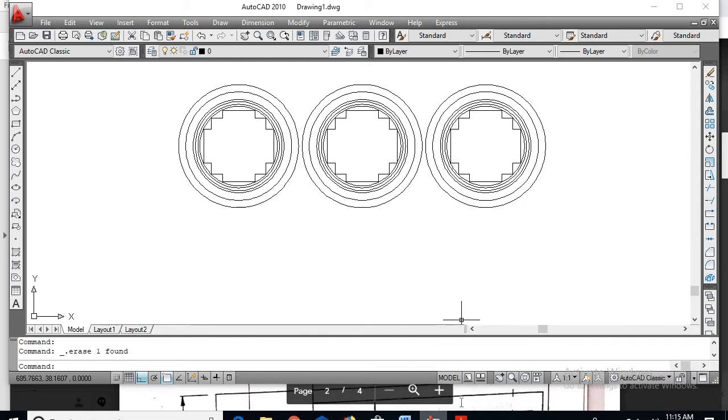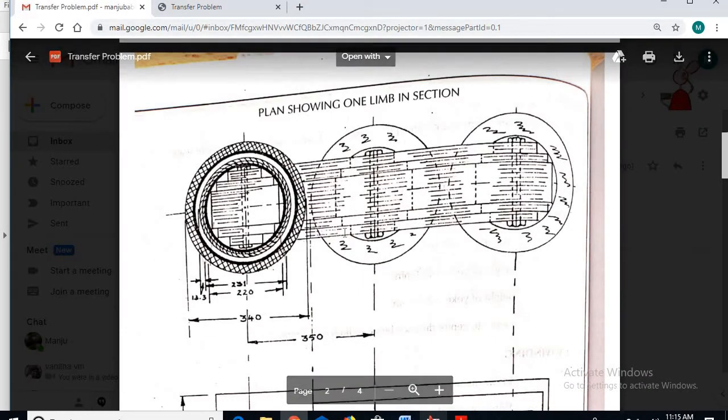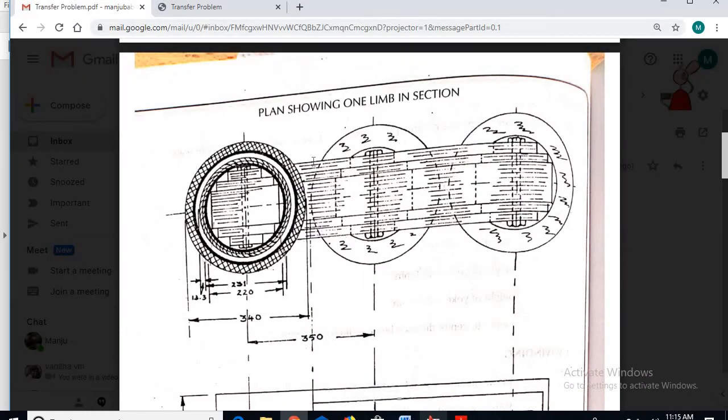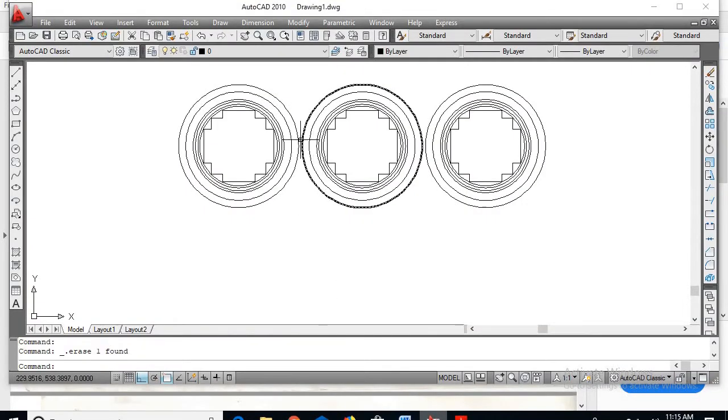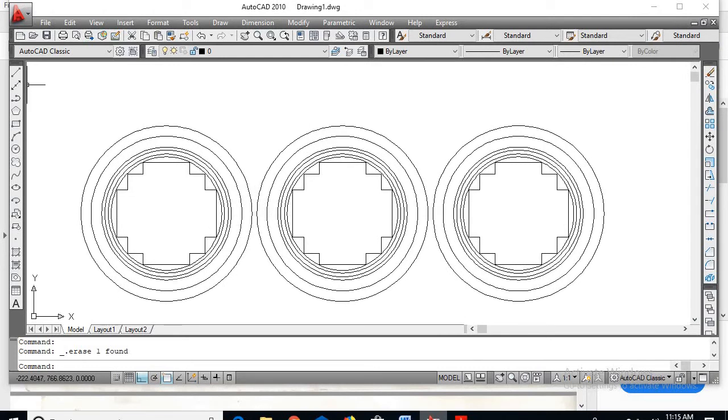Okay, so if you see the diagram here, this it will be covered. So here we have to show the line from the width of the smaller stamping, both at the bottom as well as the top. So just extend a line from here to here, and similarly to here. So at the bottom also extend the line.